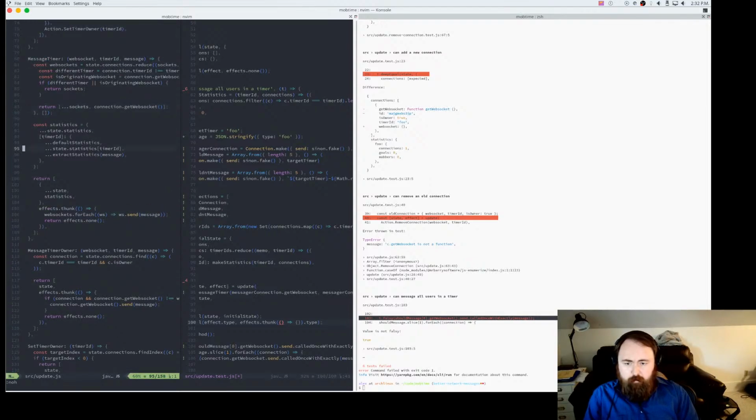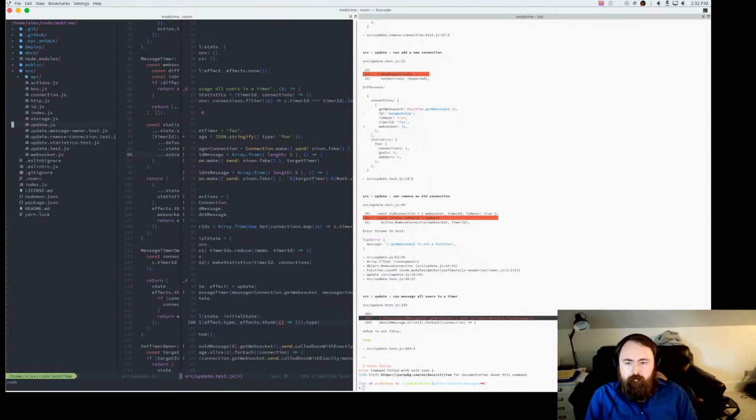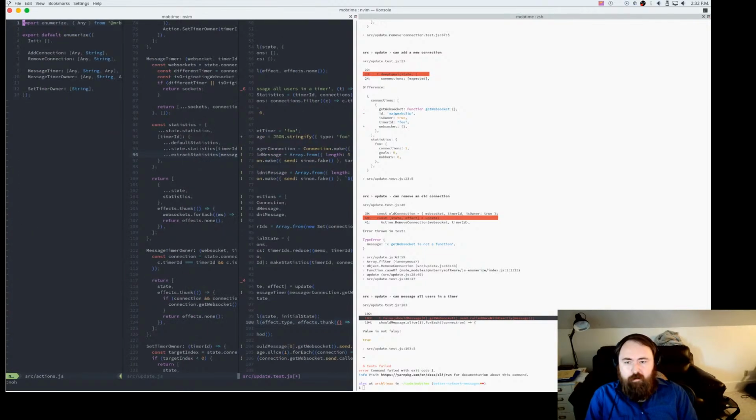It does, however, try and update statistics. I almost want to separate that into a separate action. You know what we're going to do? Here, and this will be a fun exercise. Enumerize is another library I wrote that's kind of like an enumerable type from Elm. You can set up actions with a set of parameters that they take, and then you can specify their types. I don't know, it's kind of neat.